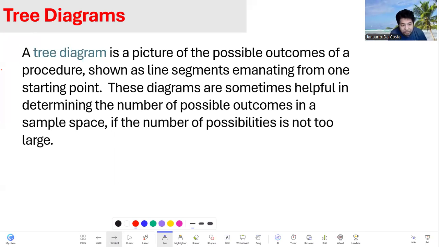So tree diagram is basically just a picture of possible outcomes. A tree diagram is just a way for us to find the sample space of certain experiments. A tree diagram is a picture of the possible outcomes of a procedure shown as line segments emanating from one starting point. These diagrams are sometimes helpful in determining the number of all possible outcomes in a sample space if the number of possibilities is not too large. Okay, so for example,